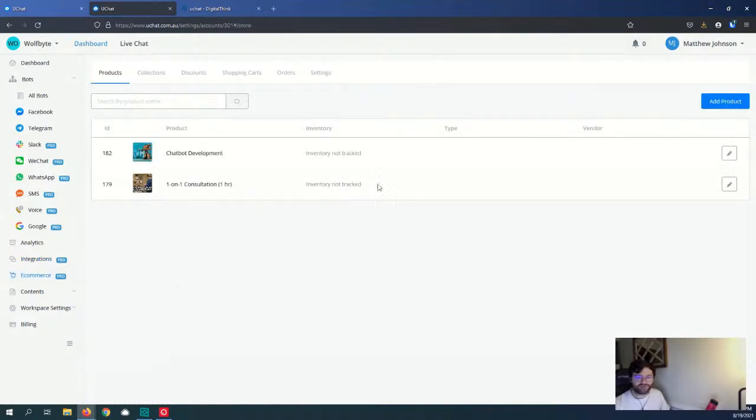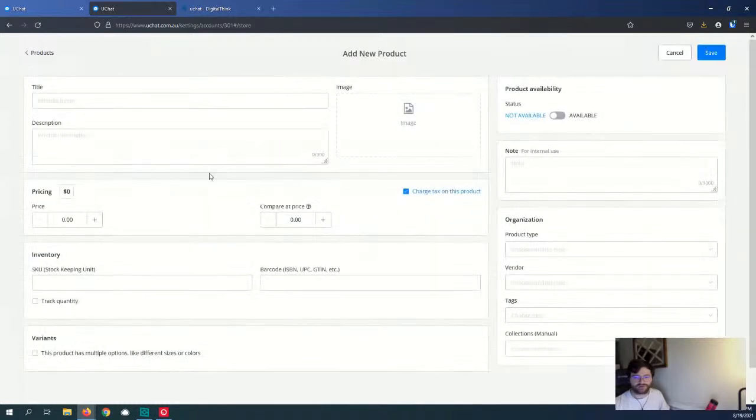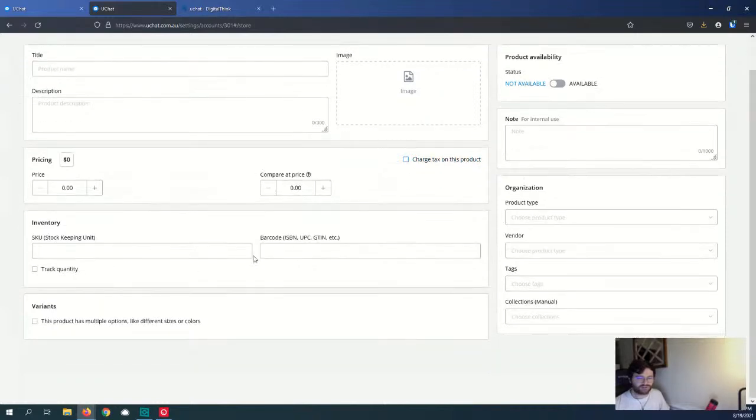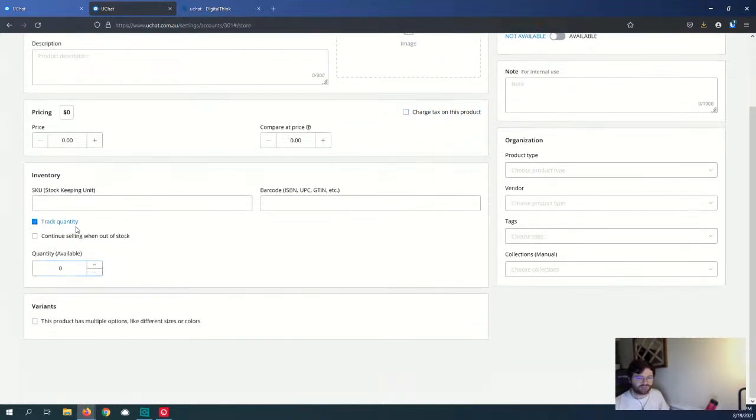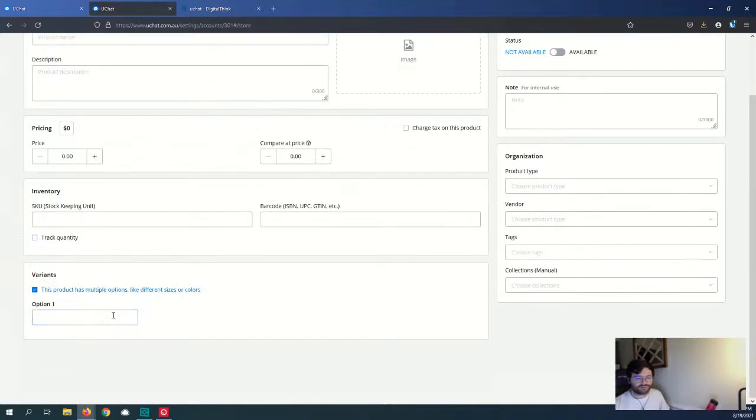E-commerce, similar. They have their own CMS in the background to handle things like collections of products. So you can create products, title, description, image, price, compare at price, like what the full price would be. So more or less a sale would be reflected here, or just the full price, and you would just leave this blank. You can choose not to charge tax, SKU, barcode, etc. You can track quantity, right? You can do variants,